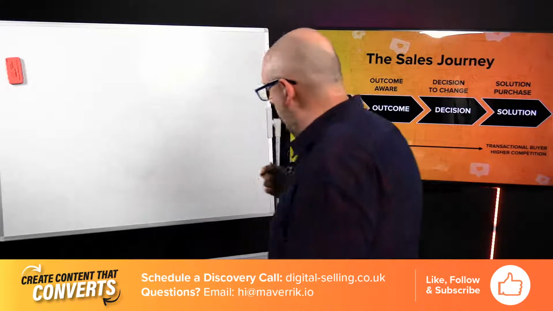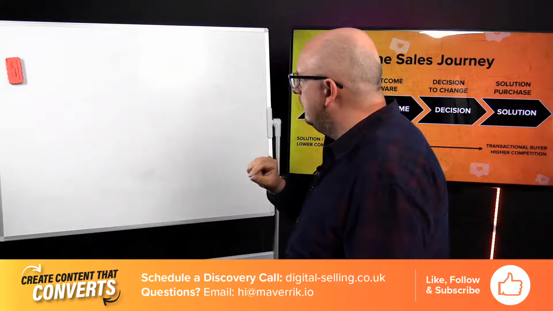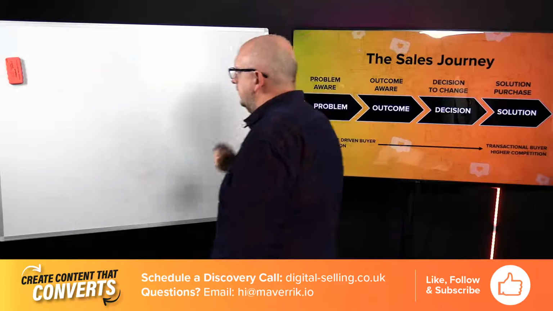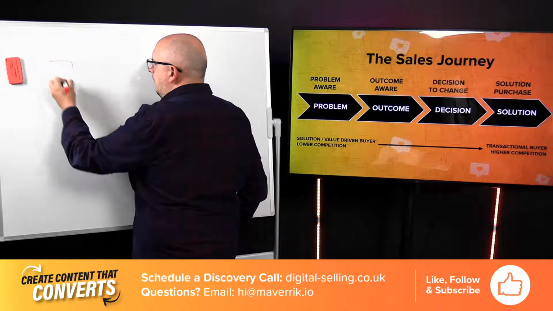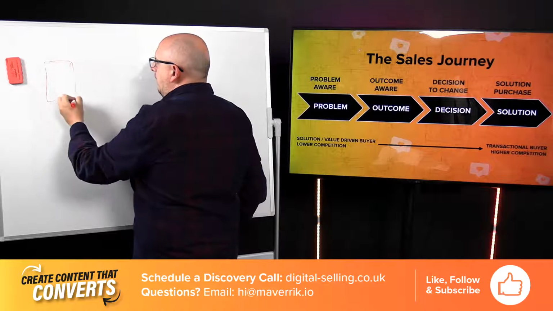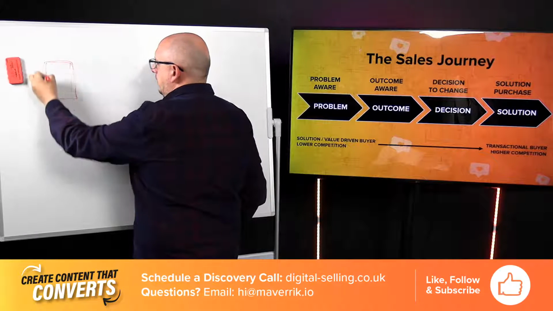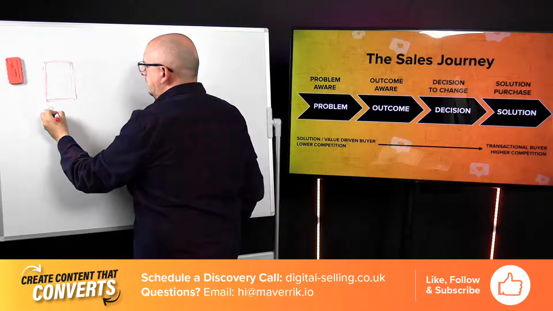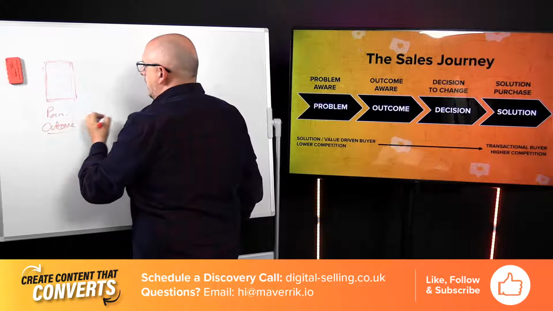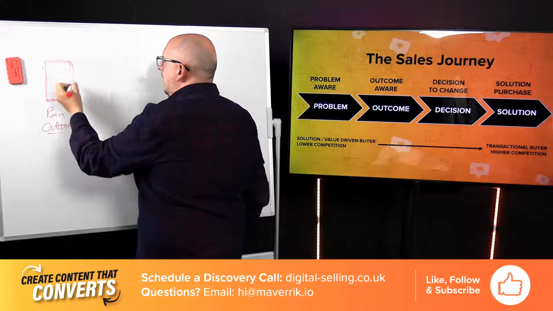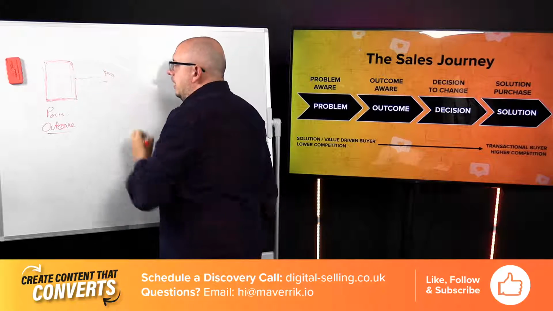So what was I going to do? I was going to show you one more thing about how this works. Let's say, for example, I was doing a lead magnet campaign or a lead generation campaign, and I've got my PDF and I've pain-point centered it. So it's all pain and outcome focused. Now, if I put that out there and start to promote it, I will get the people who have the need. So I'll get lots of people who have the need.